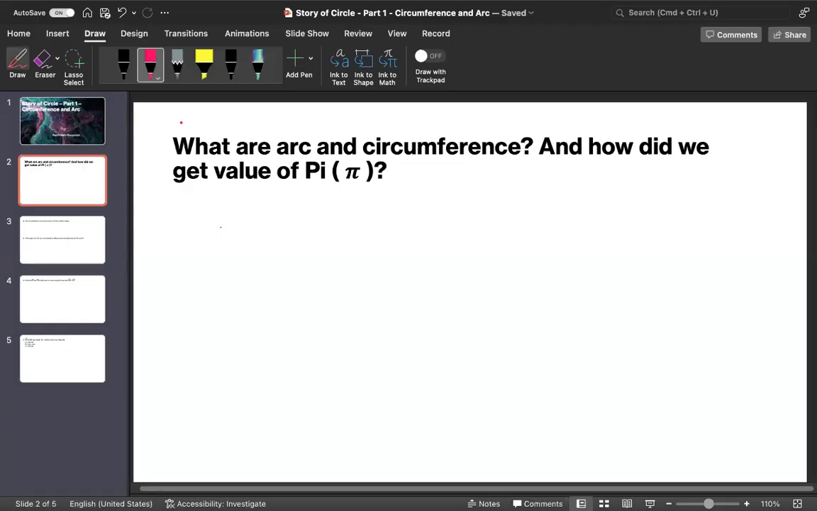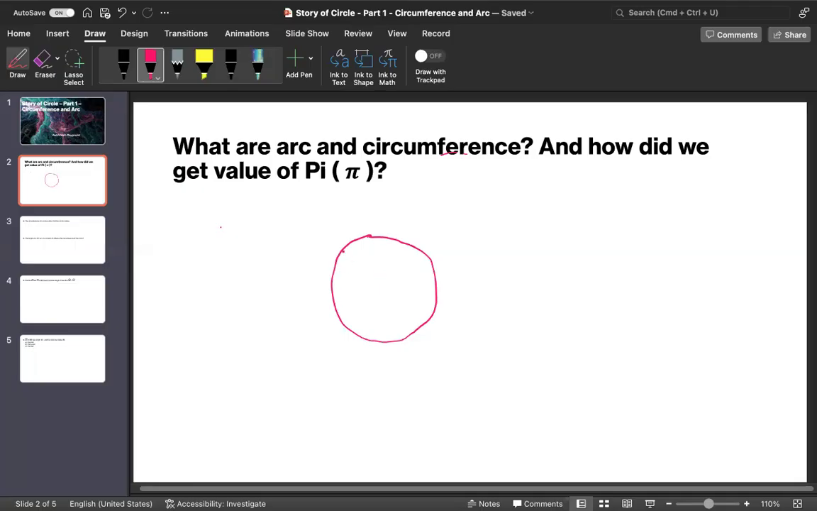So, our first question, what are arc and circumference? And how did we get the value of pi? So, let's first, I'm going to tell you about circumference and arc, and then we'll go on to pi. So, here is a circle. I'm not too good at those. So, the circumference